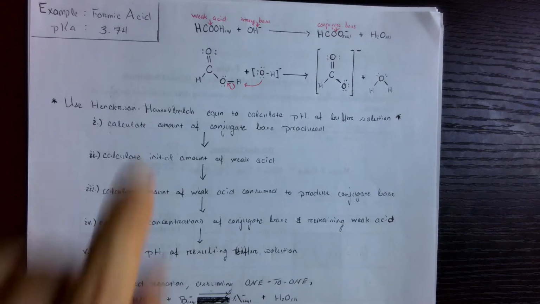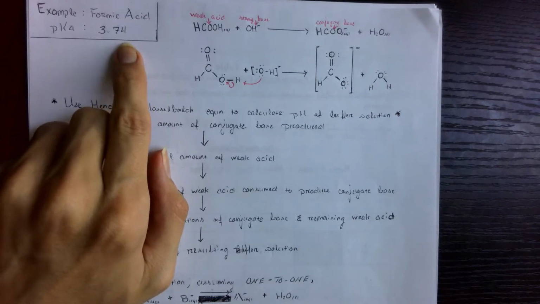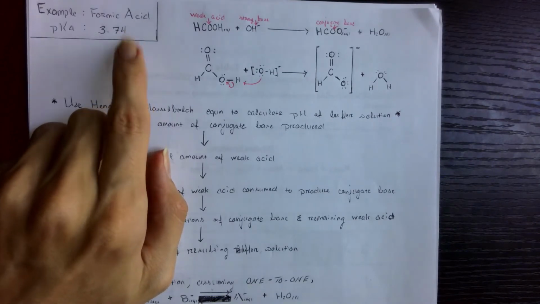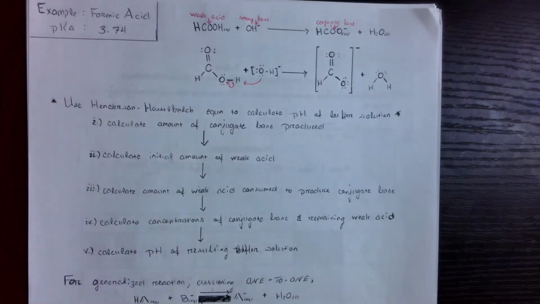For all acids, the pKa will be given, so you don't have to look it up or calculate it or anything like that. Each data table I prepared will give you the pKa value, so that's one thing you don't have to worry about. As far as preparing the buffer solution,